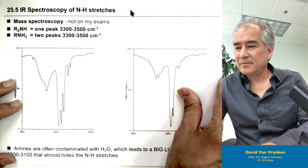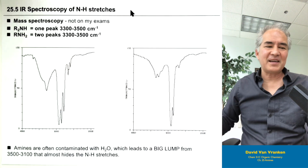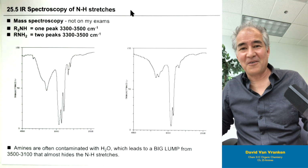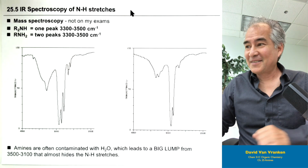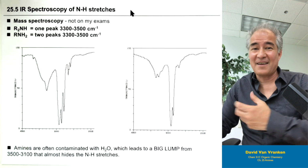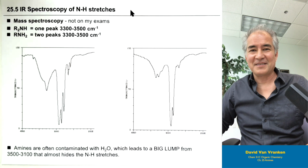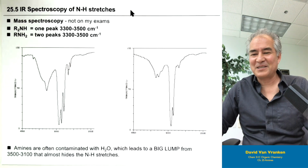Amines are basic. Remember, the most common base that I use in the organic chemistry laboratory is triethylamine, because it's soluble in all organic solvents, whereas sodium hydroxide is not. So we don't use sodium hydroxide that often as a base for organic chemistry experiments, just because it's kind of nice when your reagents actually dissolve